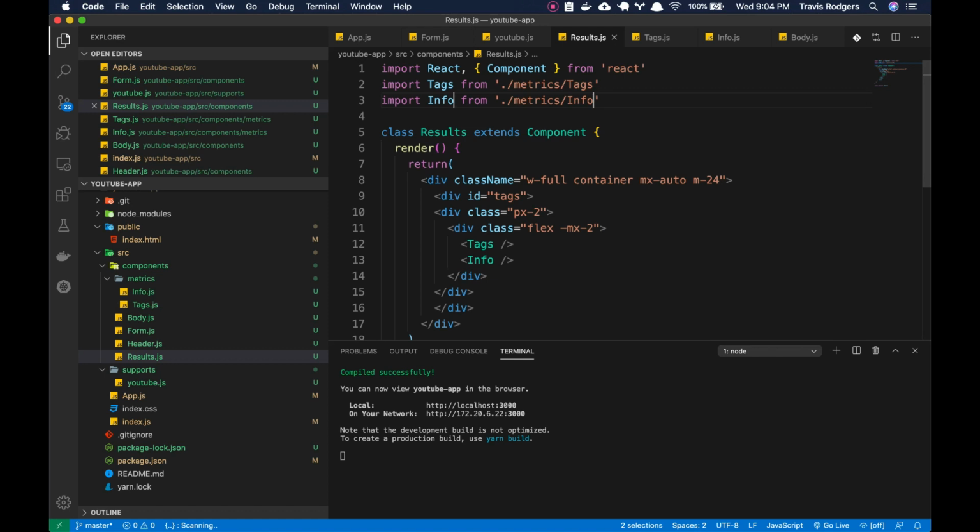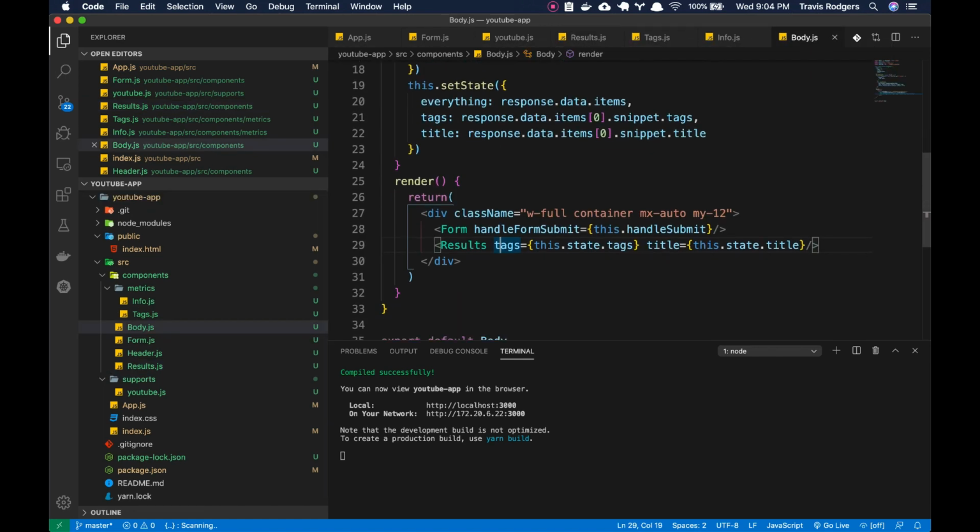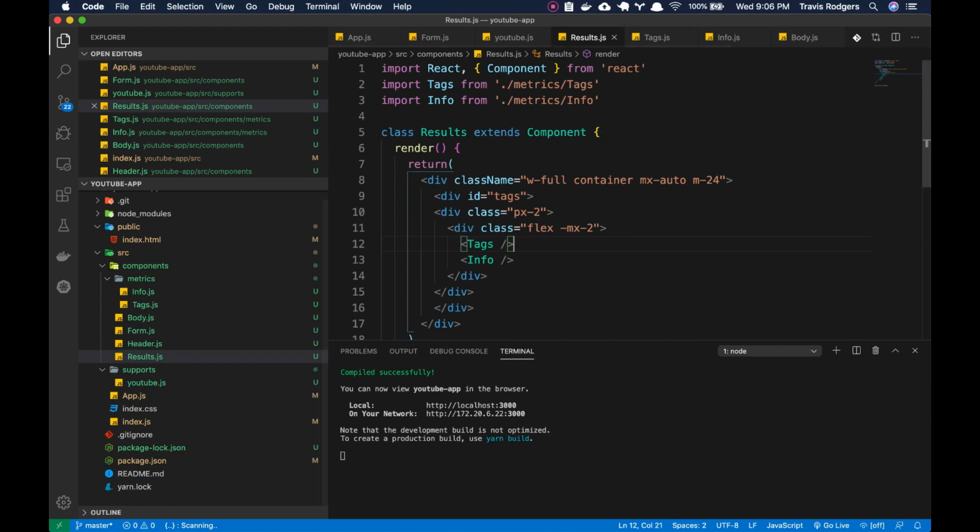And that's the problem. You see, we have body here. So we need to take all this. So we're sending all of this to the results component, but we're stopping here. We're not sending anything onwards to the next component, to the next child. So we have this grandparent, and we got to get it to the child. So we also need to add it here to pass on that state to the next component, the next child